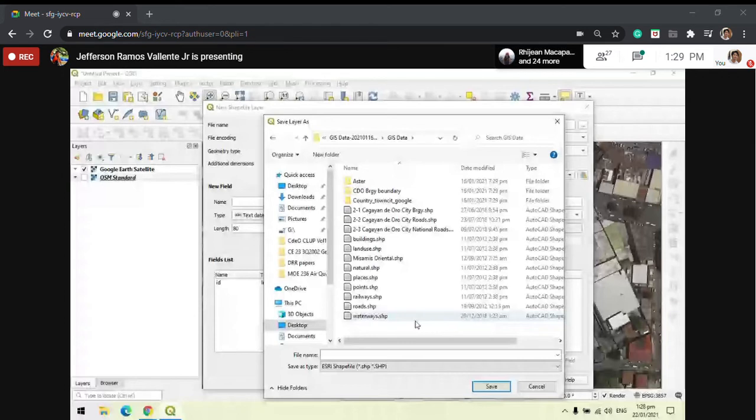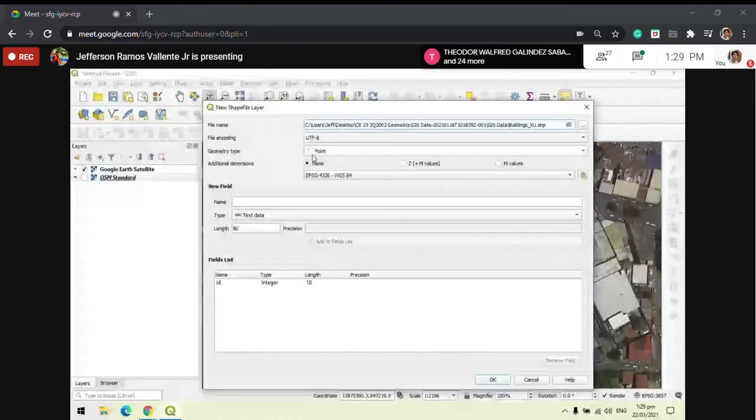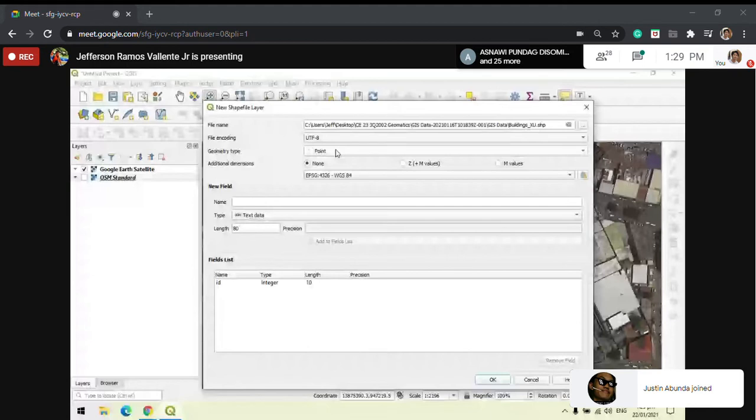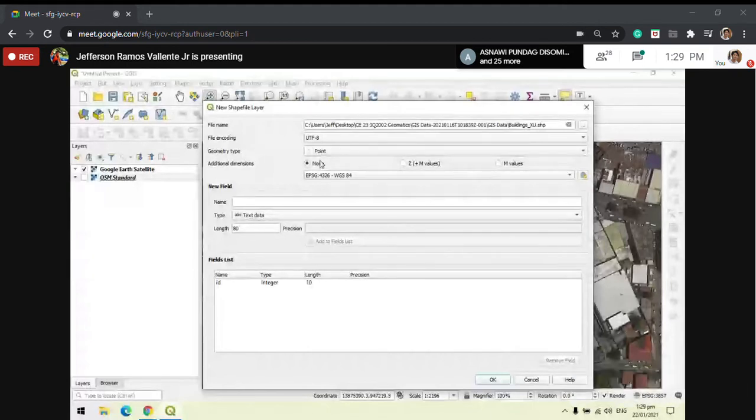The geometry type, because we're focused on location of points, we will use point. But in the next exercises, you will be taught how to create lines, polygons, and even multi-points. Since it's still the first level, point only on top. Next, additional dimension should be none. Since there is no base map information on the elevation, you will not